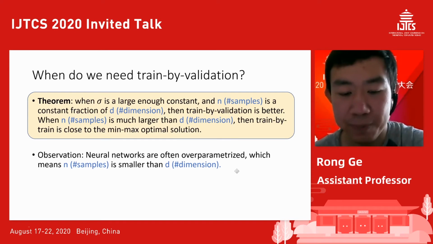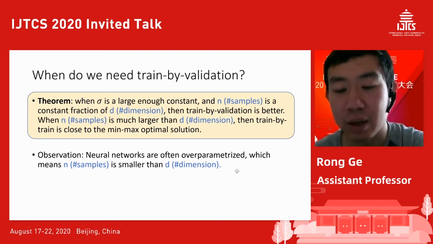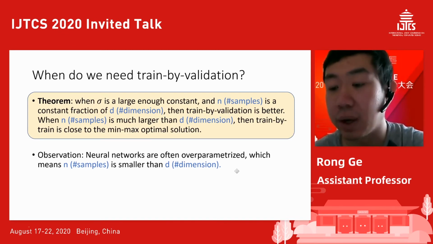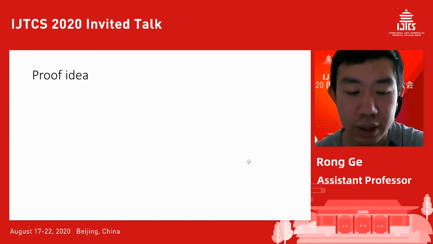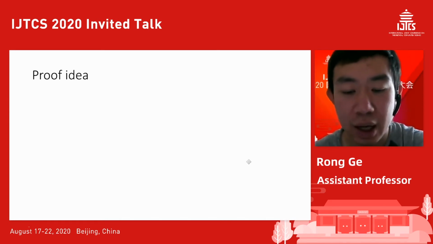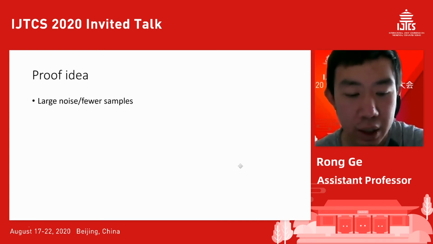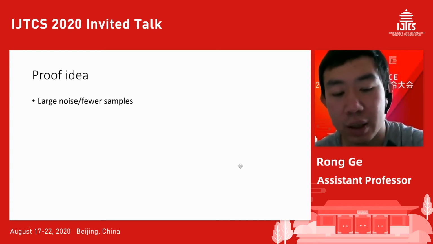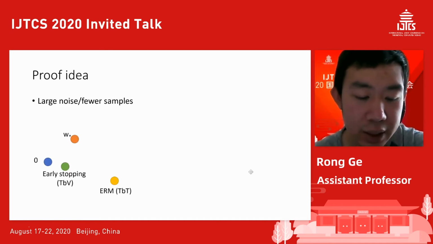So this really suggests that if you have an over-parameterized neural network and you want to use the meta-learning approach, you should use the train-by-validation objective function. So here's a simple proof idea for this comparison. When you have a large noise and when you have fewer samples, what happens is actually